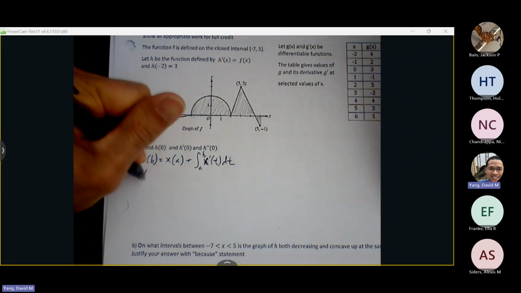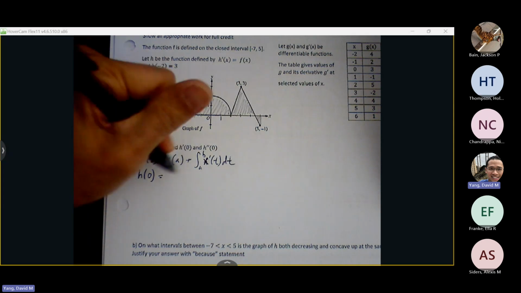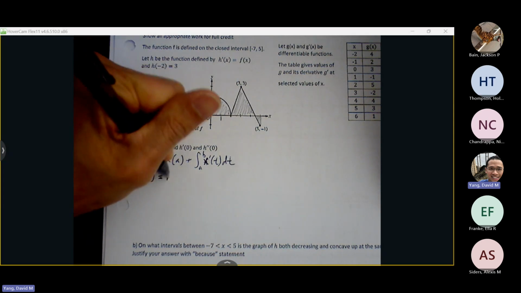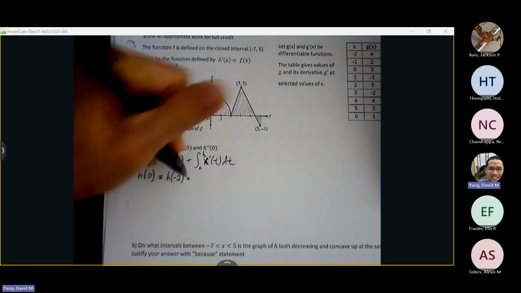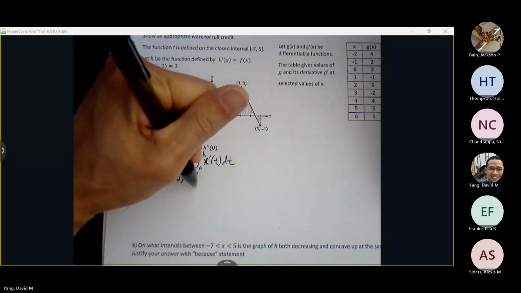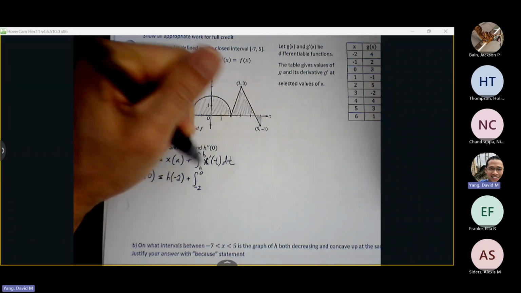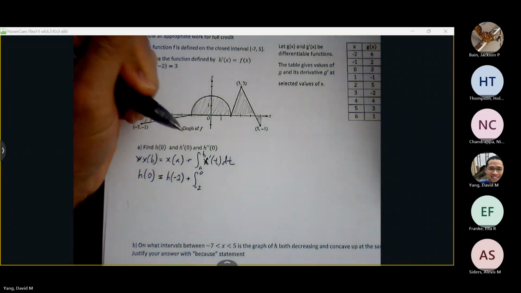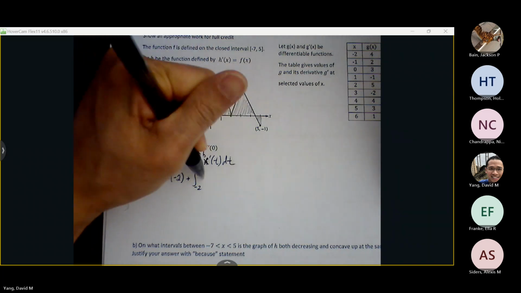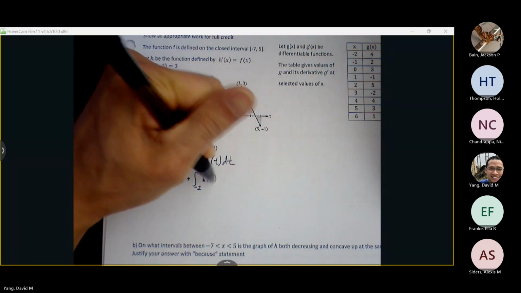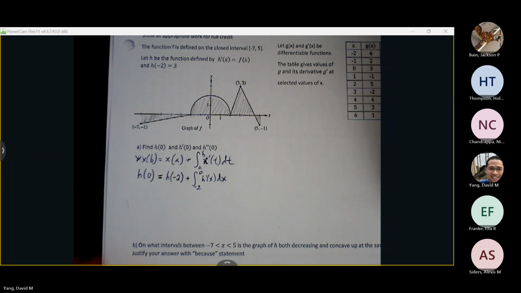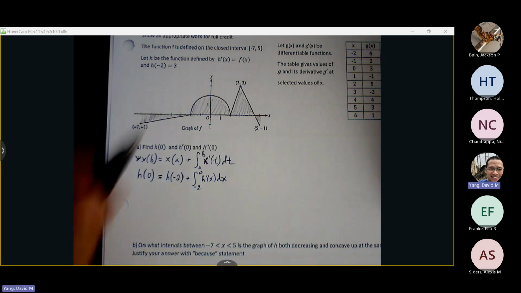So if I want to find h of 0, I have to start at h of -2 because that's the point that they give us. And then we've got to figure out how much distance is between them. Between -2 and 0,